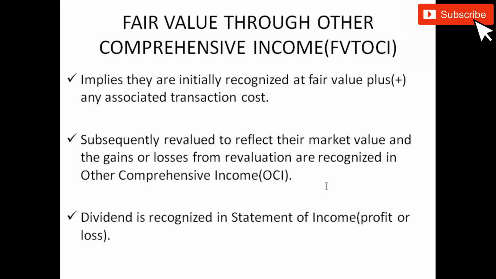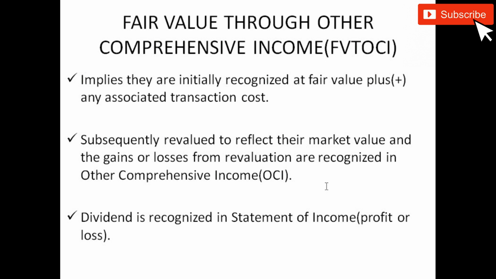So with the first one, amortized cost, financial assets are recognized at fair value plus the transaction cost. But with fair value through profit or loss, the transaction cost is expensed to profit or loss. So for fair value through other comprehensive income and amortized cost, we add transaction cost to the fair value of the